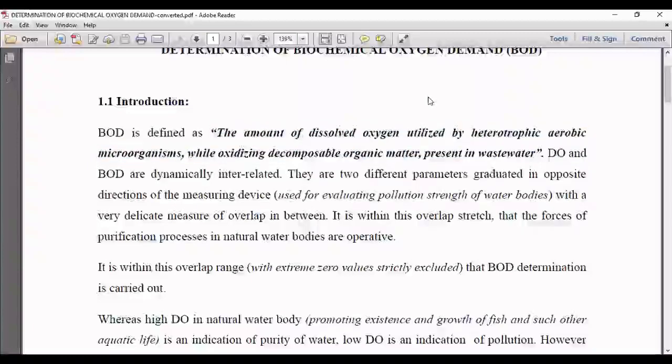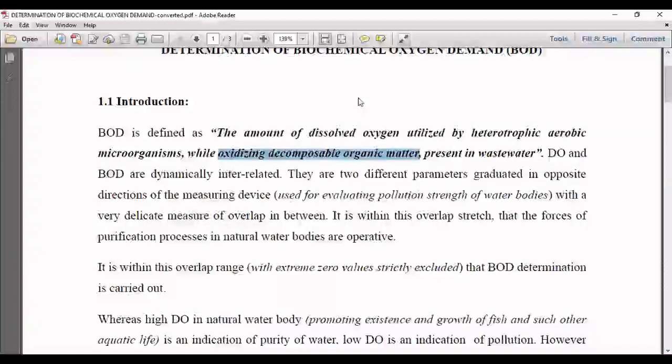Here, a few of the words are very important in this definition. First is the amount of dissolved oxygen that is getting utilized, right? We have already seen there is a certain amount of oxygen that is dissolved, and aerobic microorganisms require this dissolved oxygen for their various activities as well. So all the aquatic flora and fauna depend upon this dissolved oxygen, and also a few of the heterotrophic aerobic microorganisms will utilize this dissolved oxygen. They will be utilizing this dissolved oxygen for the oxidizing of the decomposable organic matter that is present in